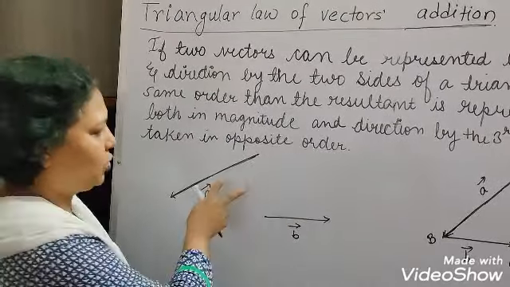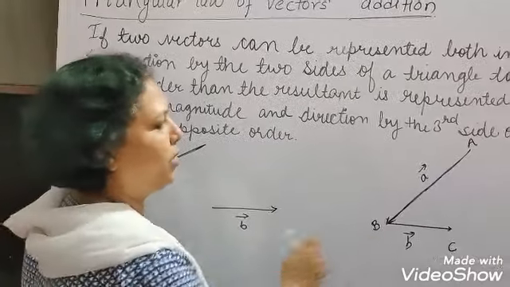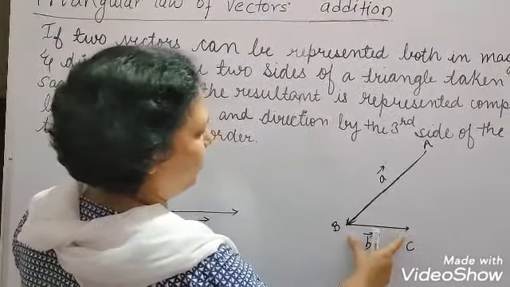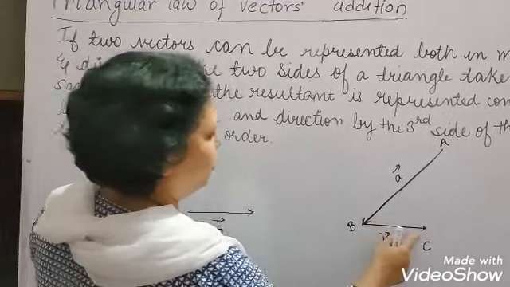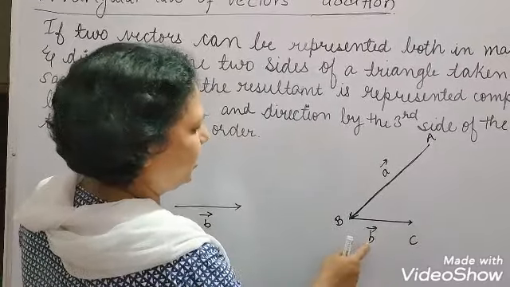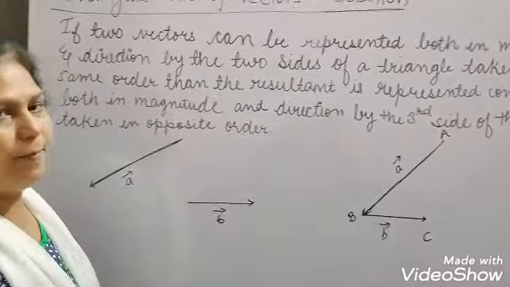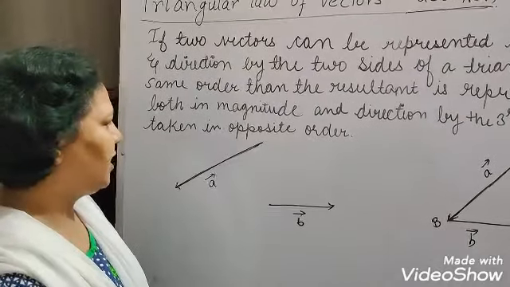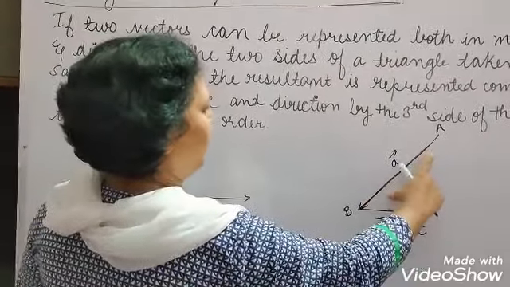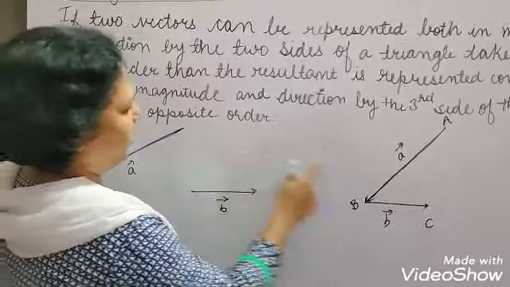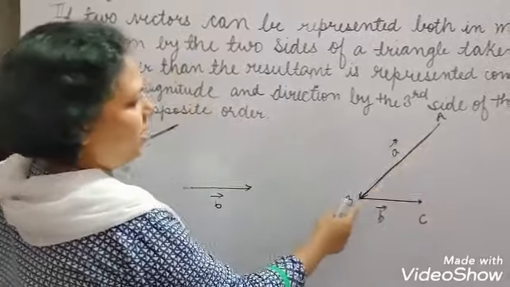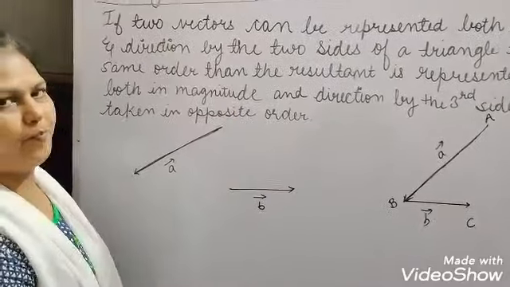Okay. Suppose these two vectors join in this way to make a triangle. So I have taken here, this is B. The same length of line here and the direction also is the same. So these two vectors are equal. So I can write this BC as vector B here. Similarly, you can see here for vector A, I have made another line, the length of the line in this way. Both are parallel to each other and you can see the direction also is the same. So this AB I can write as vector A.